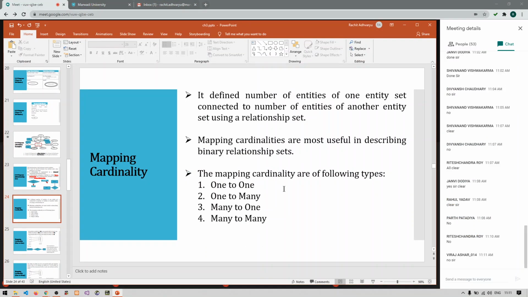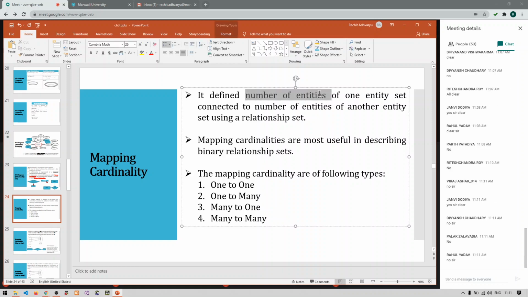Anyone, any doubts in this mapping cardinality? Again, I am repeating: the number of entities of one set connected with the number of entities of the other set via some relation. That's it. Right? Everyone?